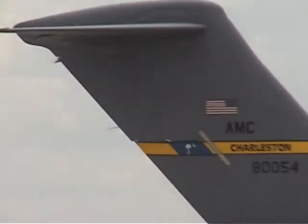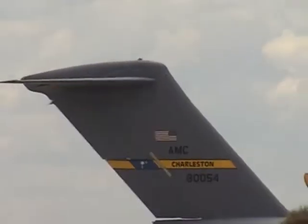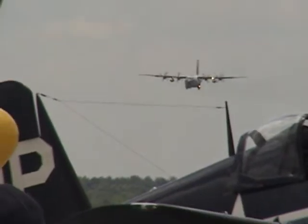All of our players are now getting ready to get into position. We're going to recover all of the jumpers from the 82nd Airborne. Of course, we have to get them off of the hot area. That's our 2 main runways, where our exhibition aircraft are going to fly. And as long as there are people and personnel in that area, it would be against the safety rules to fly any aircraft. So we're picking up those thousands of members who came in under canopy from the 82nd Airborne out of those twin C-130s. We're going to get those people back to the safe area, sterilize that area, and we get back to Top Gun action